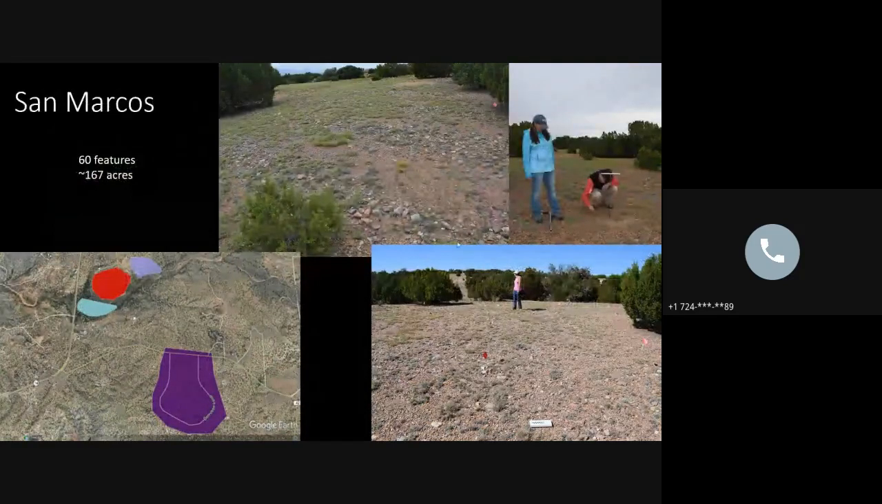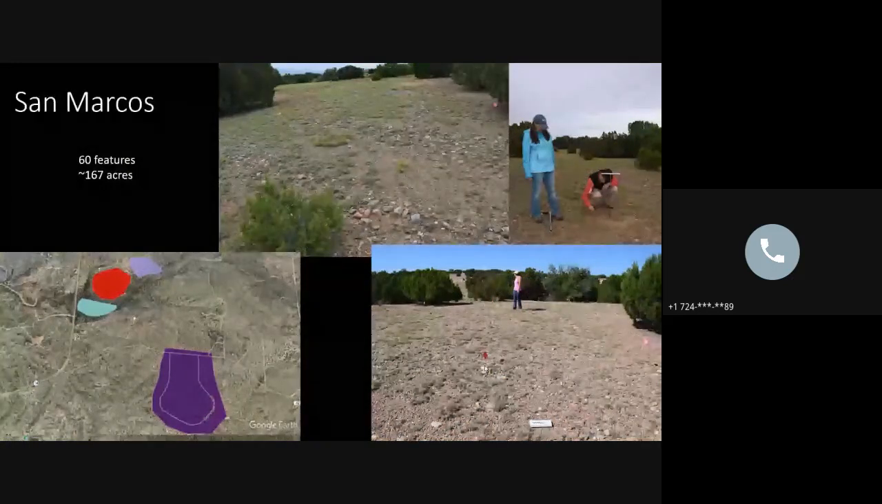At San Marcos, we have about 60 features covering about 167 acres. Here you can see one of the eroded terraces. You can see the terrace alignments here in that upper central image. Here are some of the local landowners helping with the soil coring. And then it was a little hard because everyone on the project was short, so we couldn't really get any great bird's eye view photos, but this was a field in the lower right here that had the cobble alignments